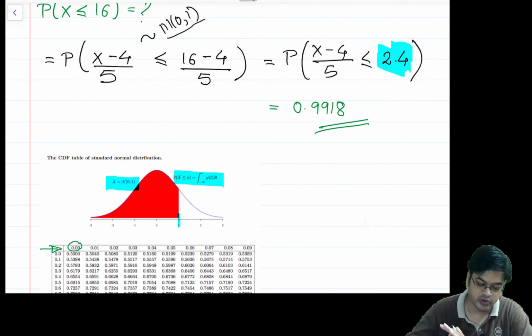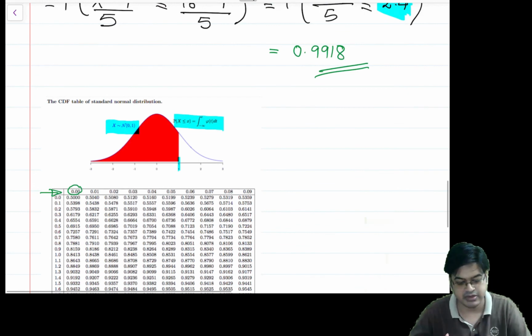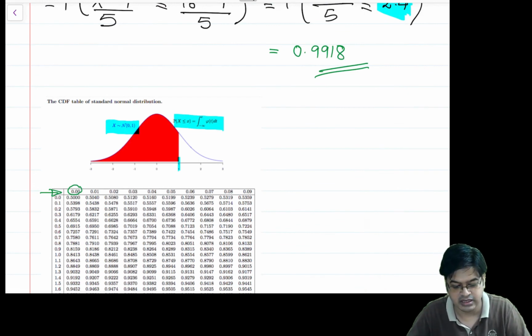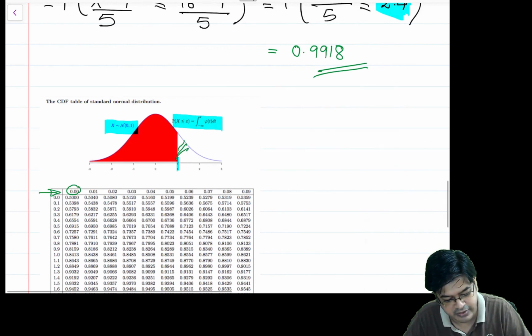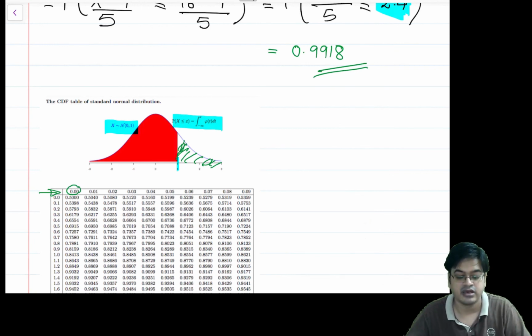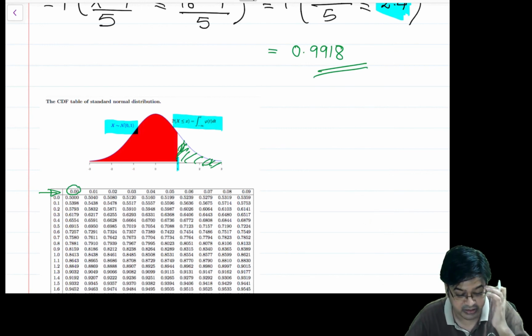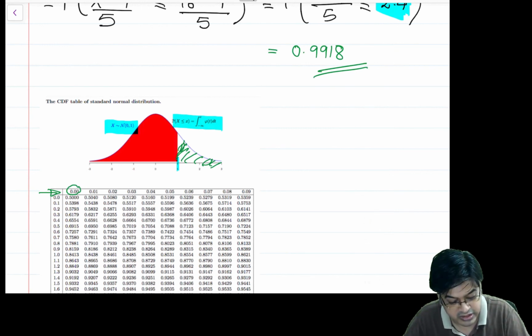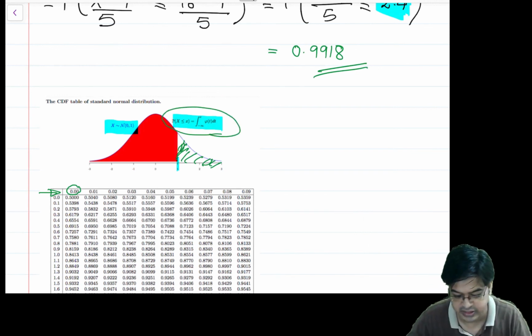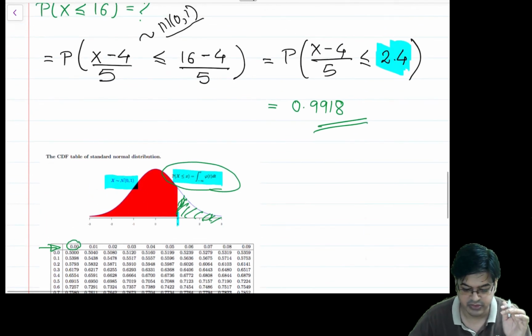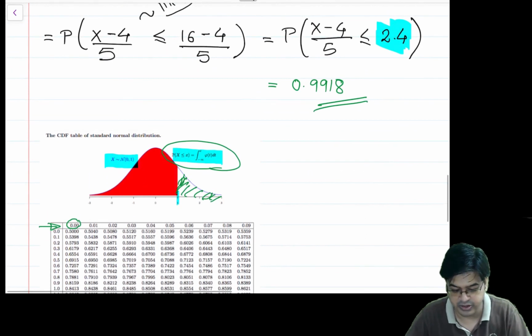Now one note of caution with normal tables. Sometimes the normal tables, some normal tables, generally you will get the normal table of a CDF. Some normal tables will not give you this probability, but they may give you some tail probabilities like this area, and this area will not be covered. So just before computing the probabilities, just check what is this normal table for. Once you check it is for CDF, you can easily compute this. Okay, so now what is the probability?